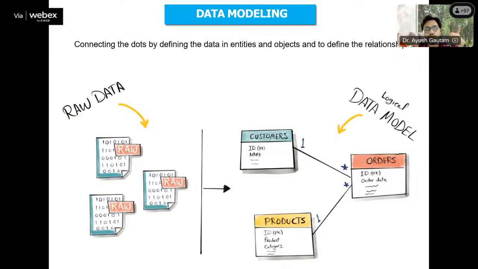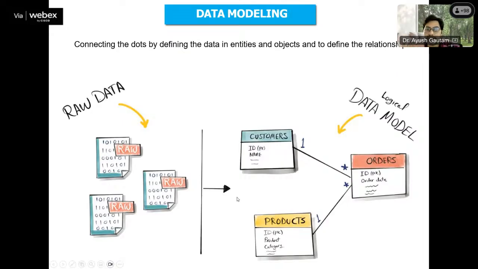But what we would like to do, we would like to send the WhatsApp message to all the customers that okay, we are getting discounts this week. Please go to your nearby store and purchase something. So what you do? You collect the data from all the three DMart stores. Then from all the three DMart store data, you will make one file called the customers. So this customers file has the customer's name of all the three stores, right? And then another file which is the information of the orders for all the three stores, and then another file which is the products available in all the three stores. Okay, so this is called the data modeling, means making the relationship of the data.